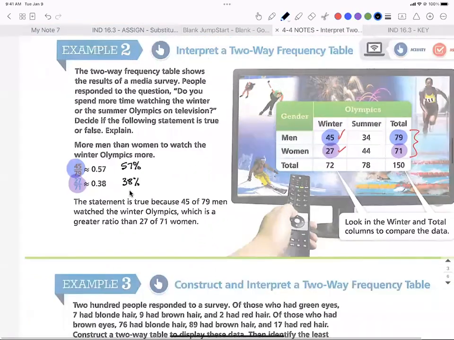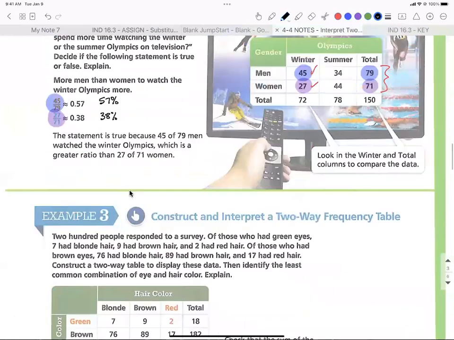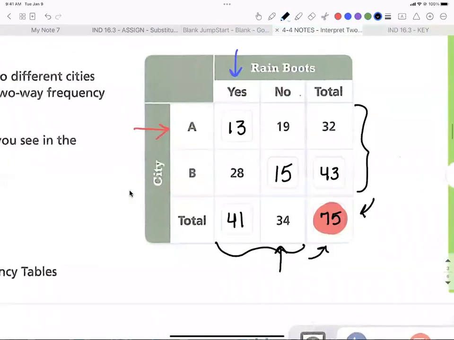Okay. All right. So this says construct and interpret a two-way frequency table. Now this construction is a little bit different. In this one, we were given some information and we just kind of had to use that puzzle idea, right,